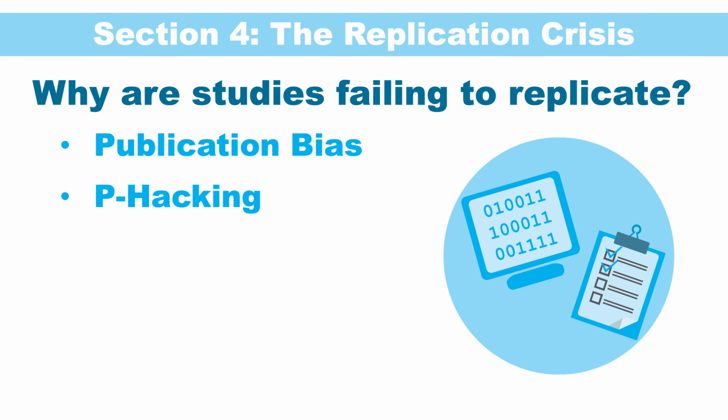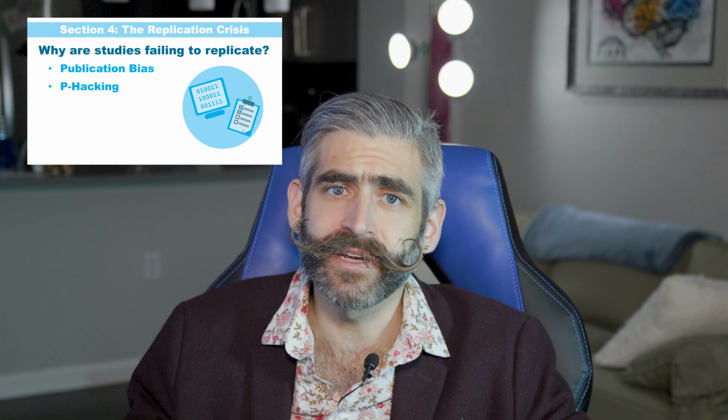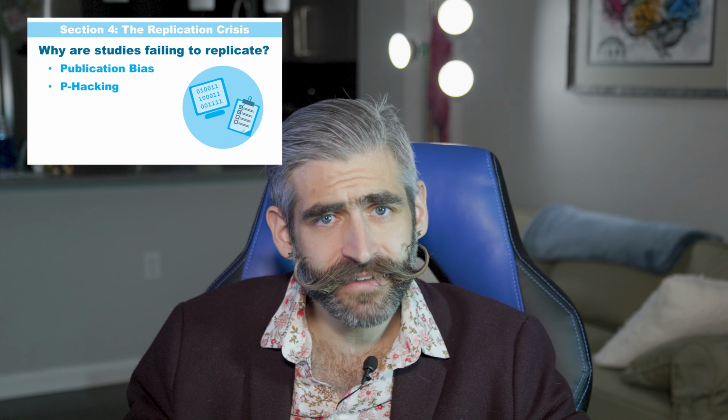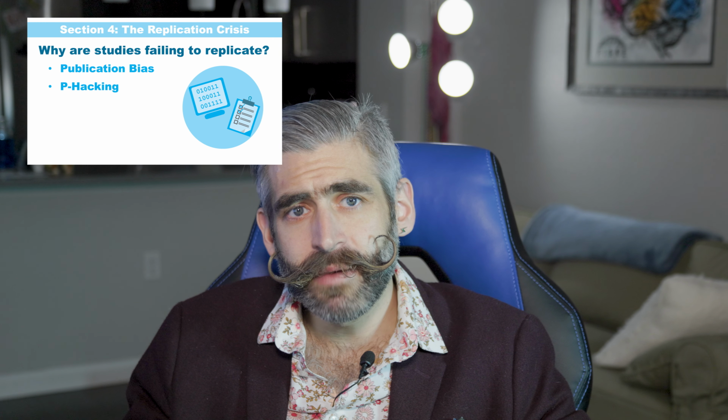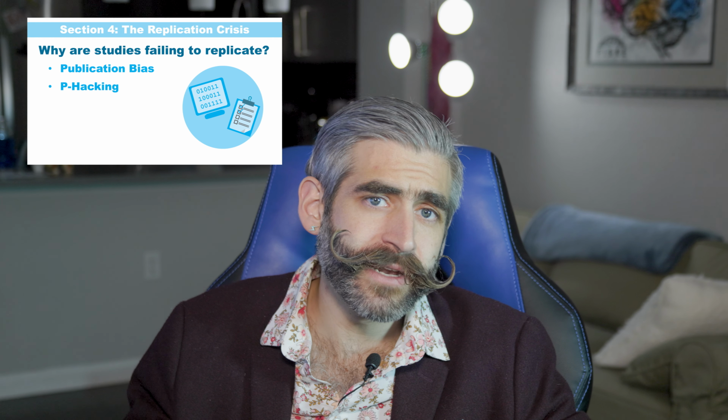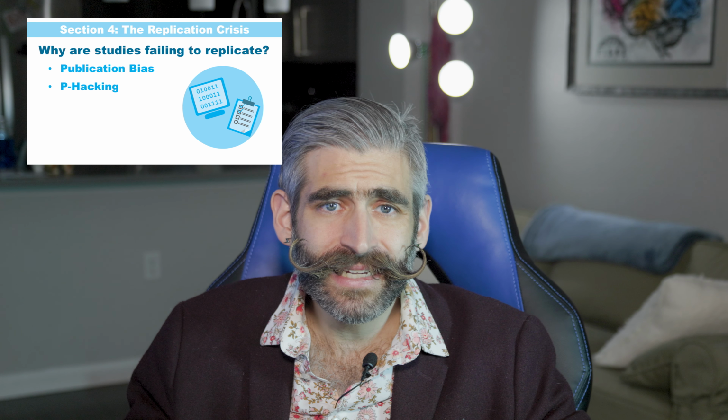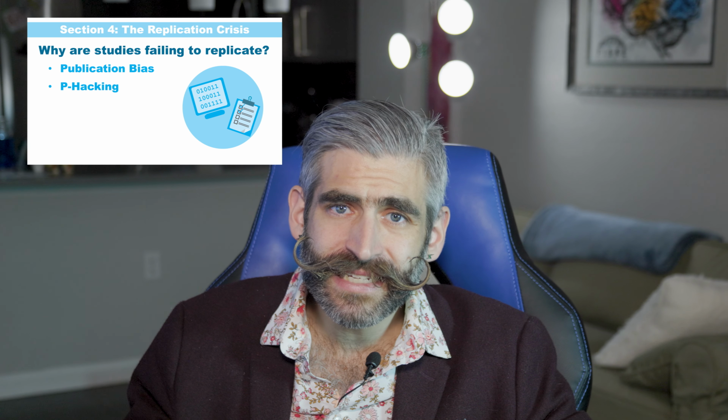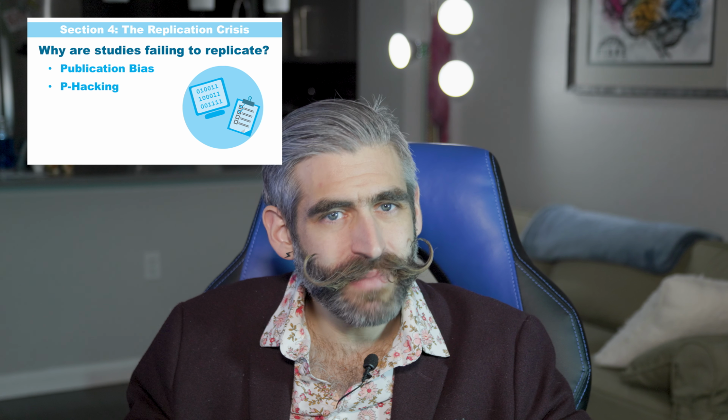Under pressure to publish, some researchers engage in something called p-hacking, which is tweaking their analyses to produce statistically significant results. The p in this case refers to the mathematical threshold that we use to evaluate whether research findings are significant or not. Ways that some people engage in p-hacking might include analyzing data in multiple ways and only reporting the ones that work, adding participants after a study is completed to push results over the significance threshold, doing multiple analyses of a data set without adjusting for multiple comparisons.